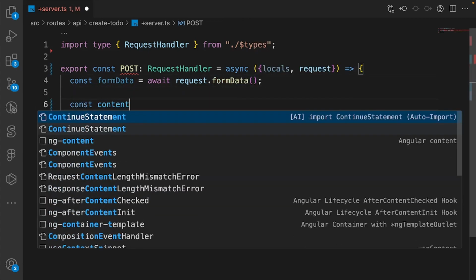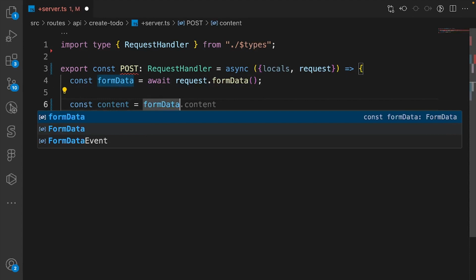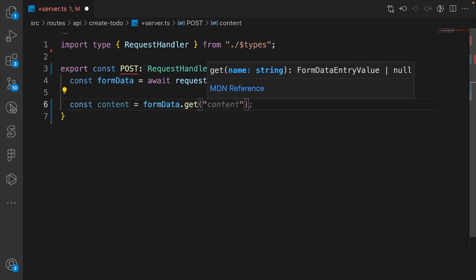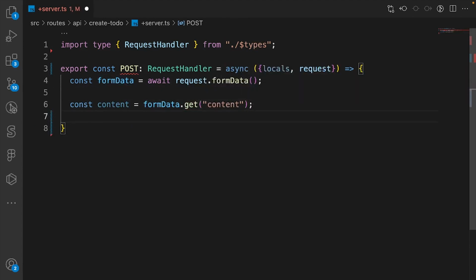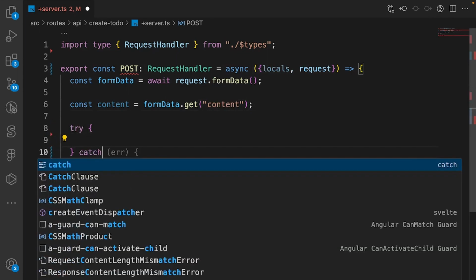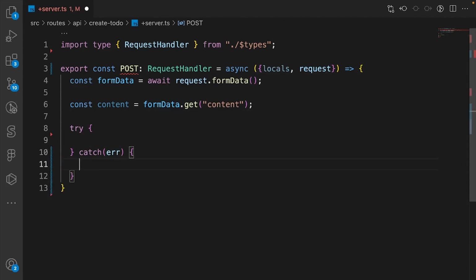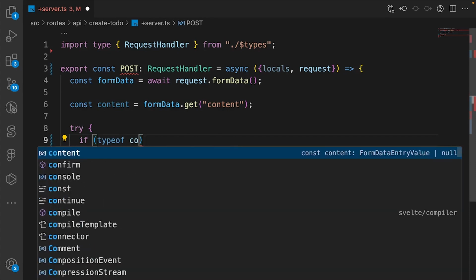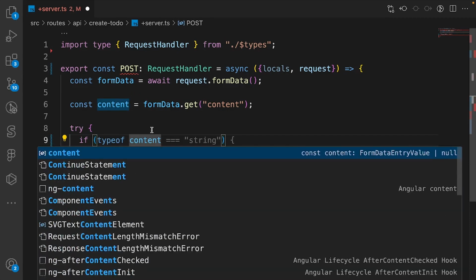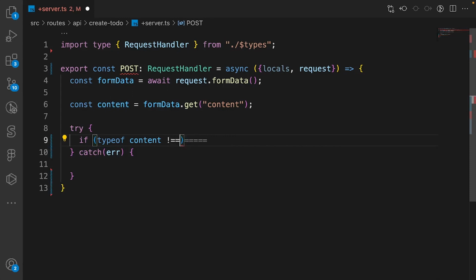We say content is equal to formData.get('content'). So let's create a try catch block. And now we say if the type of the variable content is not a string,